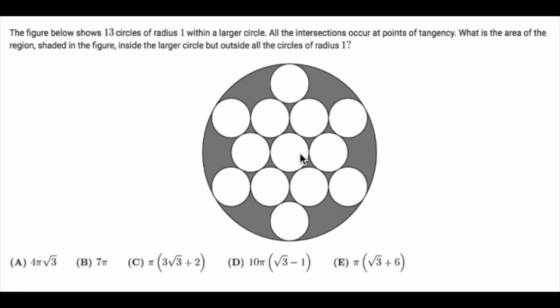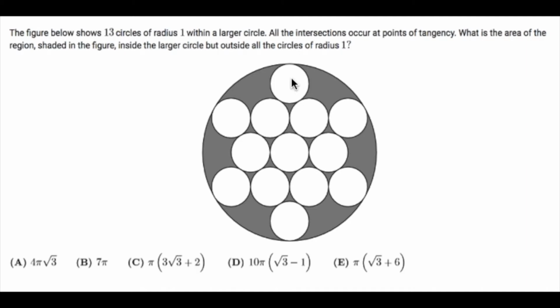With question number 10, this question says, the figure below shows 13 circles of radius 1 within a larger circle. All the intersections occur at points of tangency. What is the area of the region shaded in the figure inside the larger circle but outside all the circles of radius 1? So how do we approach this problem? First of all, we're supposed to find the area of the larger circle, because then all we have to do to find the shaded region is use the area of the larger circle and subtract 13 times the area